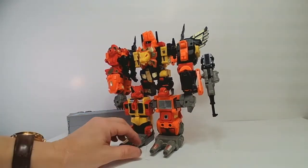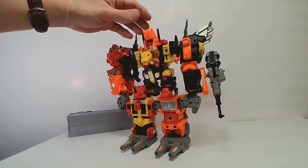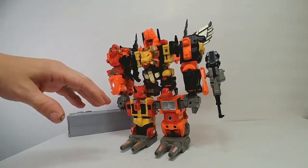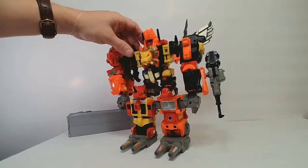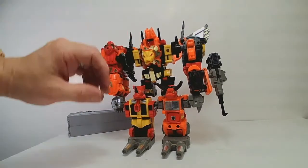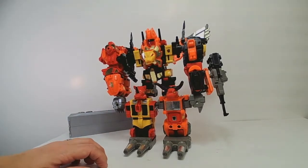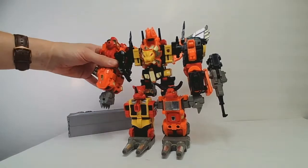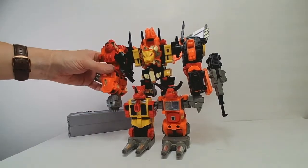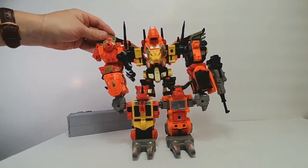He is hulking. Whereas the other Scramble City combiners were kind of diminutive and kind of disappointing when you put them together, and you were happy to have them, and at the time it's like, oh, I got Bruticus, I got Menasor, I got Defensor, and yay! But they weren't great. But you put him together, and all of his appendages are big and husky, and he's got this unified...